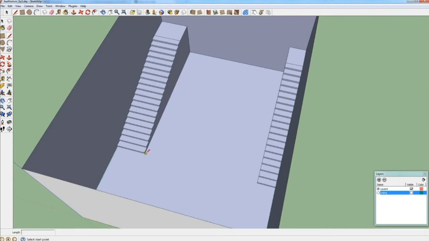We draw a line from this endpoint to this endpoint. Then another line here, 1.5 meters length. And at the meeting point of the perfect rectangle, we draw another line that is 8.5 meters.